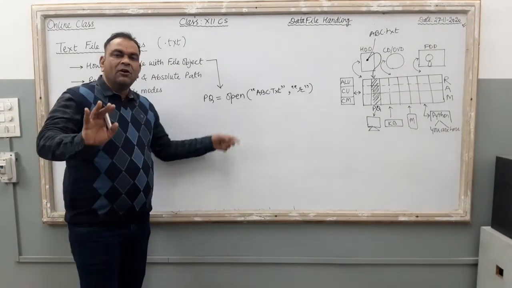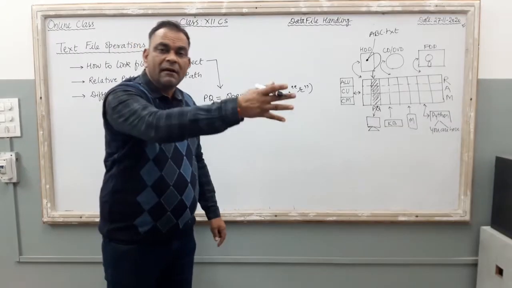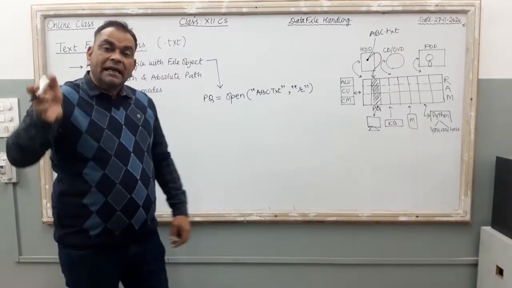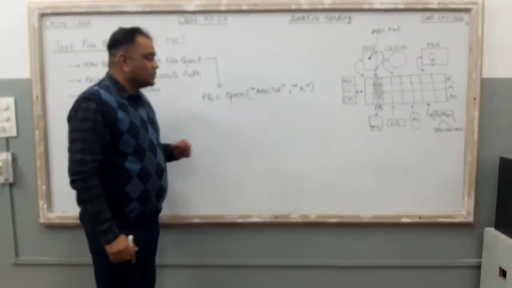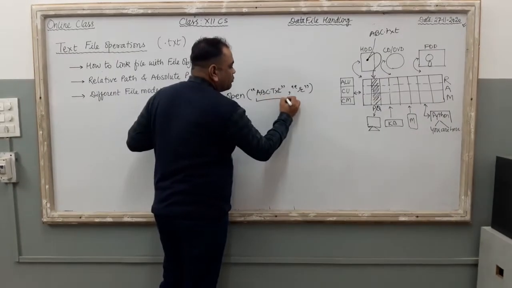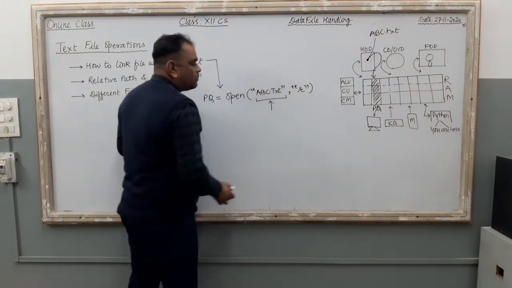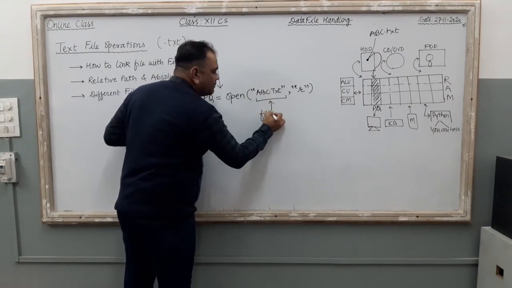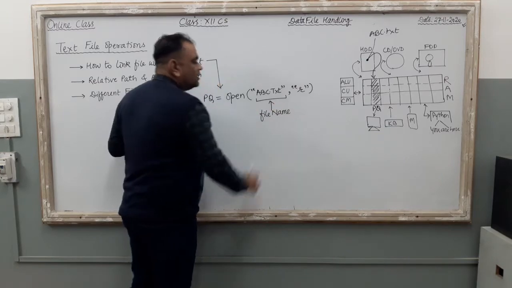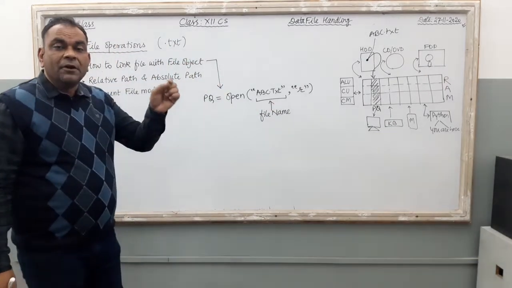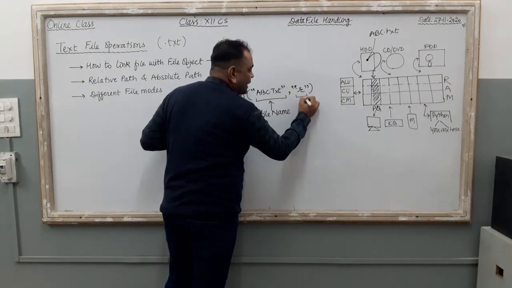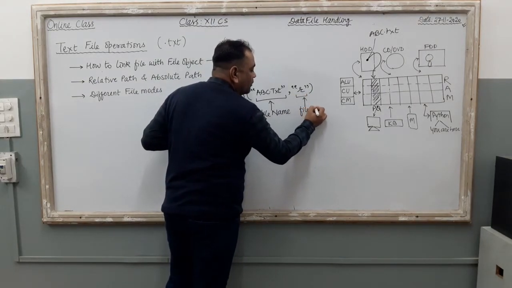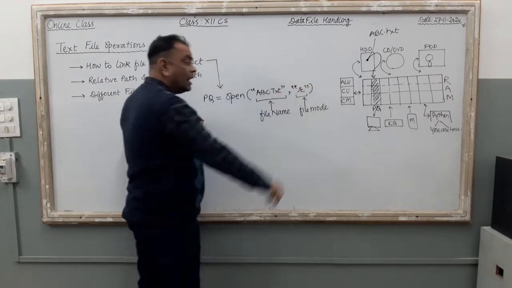Open is a default library function, just like the print function, just like the input function. It is there in your Python base library. With this open function, we use two different things. The first part of this open function, here you give the file name, a file that you want to open in your Python program. And here, in the second part, it is the file mode. What is file mode? R.